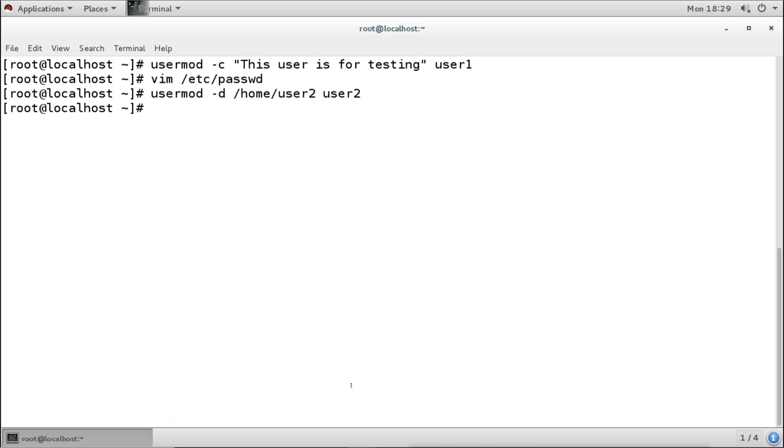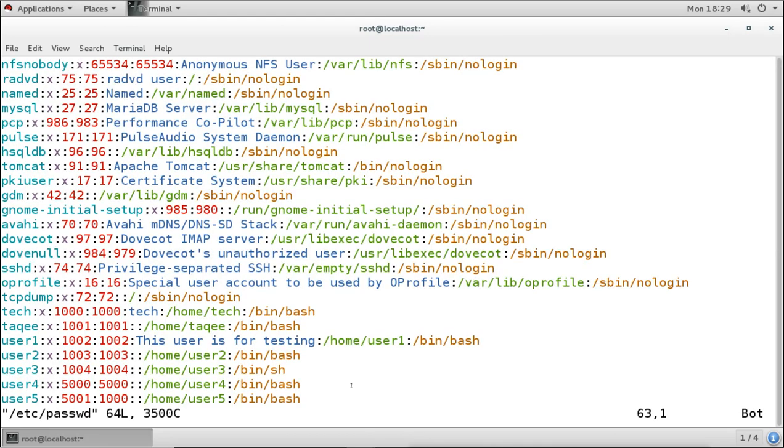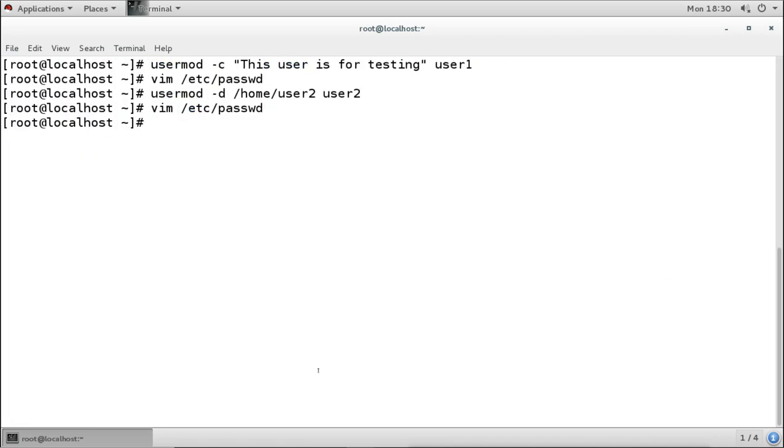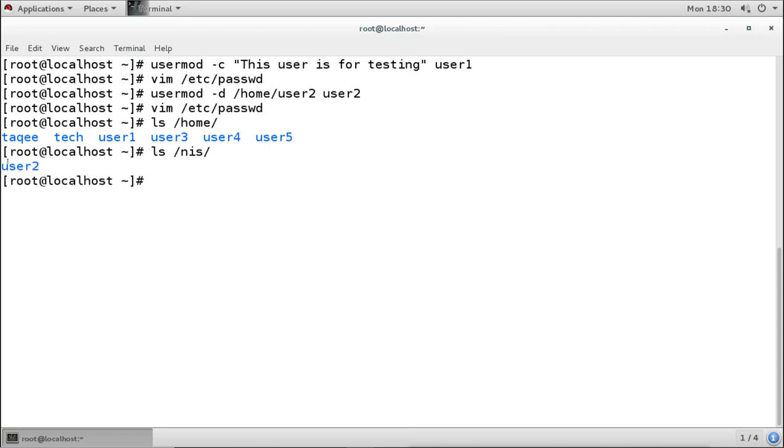Now when you see the configuration file, for user2 the home directory is now under home, it is not under NIS. But in reality, if you check under /home, there is no home directory for user2, because the home directory is still under /NIS.